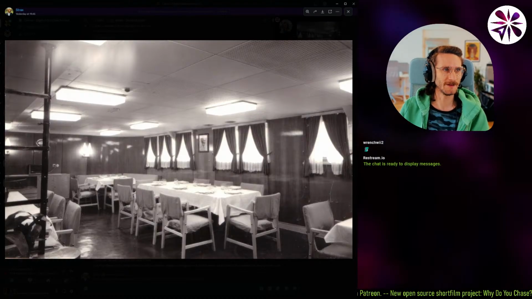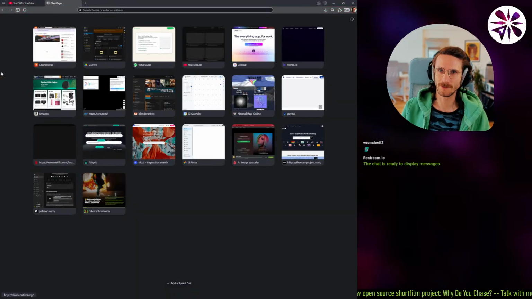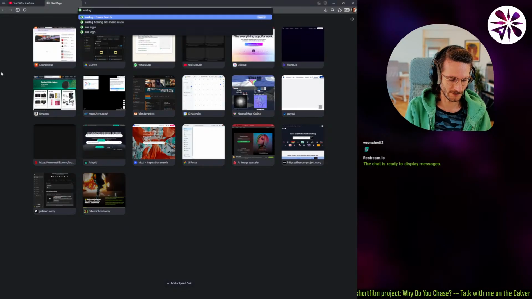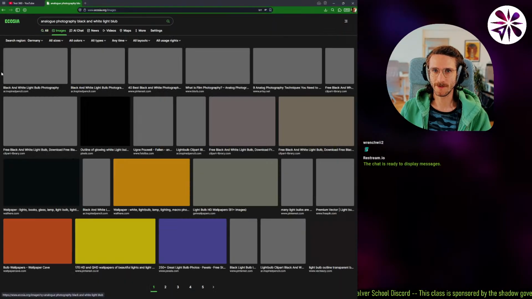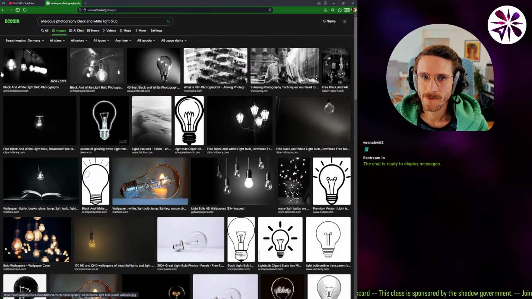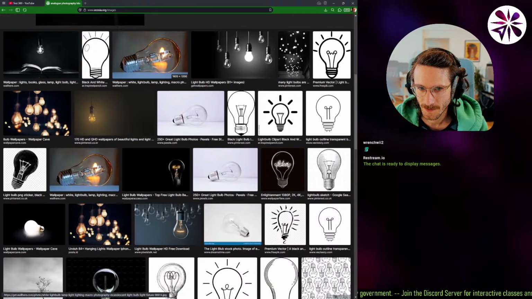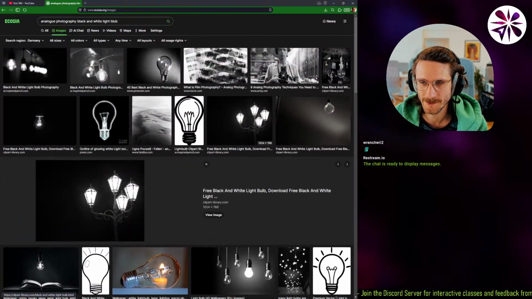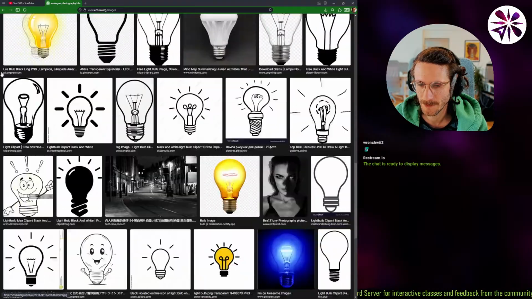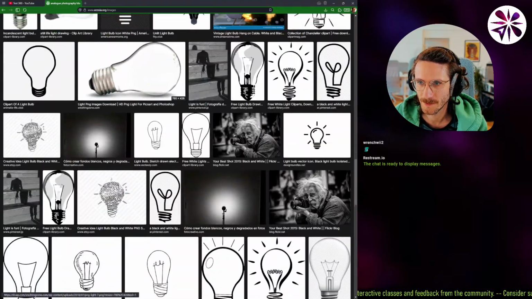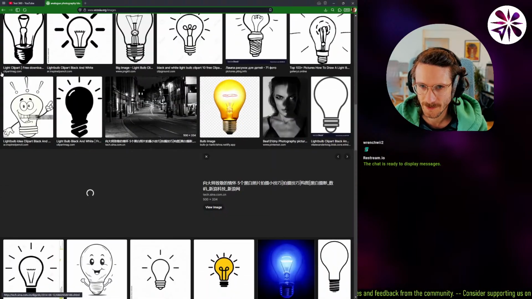I'm not sure exactly what an image like that would look like. Let's see, analog photography, black and white light bulb. Let's see if we can find anything in that direction. Okay, so here, it looks pretty much like a white surface. I guess this is a good reference. It looks very much just white. Who knows if this is actually an analog picture, but